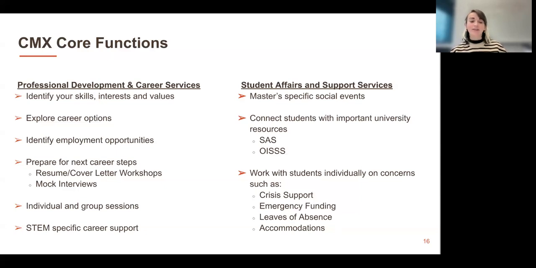But beyond that, there is a really separate community for master's students here to help them feel belonging on campus, but also really bond with each other and honor the fact that you're not just a student here, even if that is a really important part of your identity and your lifestyle. Having fun and engaging in social and emotional opportunities is really going to help you as a student as well.